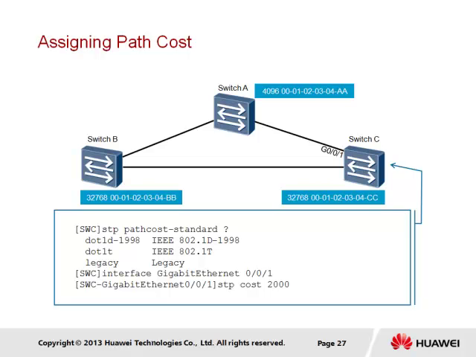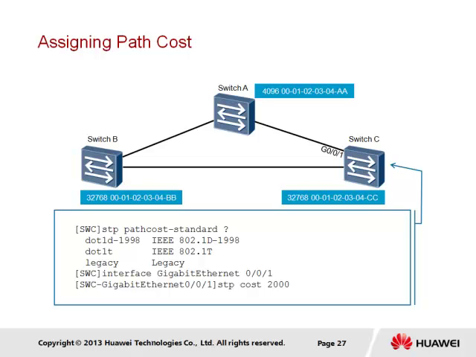Additionally, it is also possible to configure the individual STP path cost for each interface, which would effectively allow for a greater level of control over the actual spanning tree topology. However, in doing so, it is also possible that suboptimal switching paths back to the root bridge may be generated, and so care and planning should be taken before making any changes to the path cost for a switch interface. In this instance, however, we demonstrate how a path cost of 2000 can be assigned to the interface gigabit Ethernet